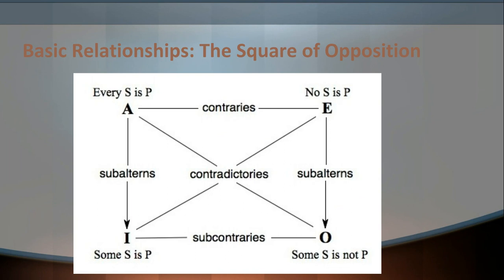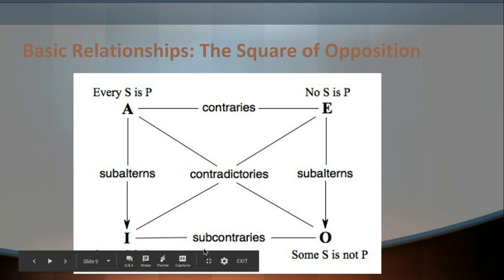Now, if we're dealing with dogs and mammals, it cannot be the case that some dogs are mammals and some dogs are not mammals are both false, but they could both be true. Or again, if we deal with red and not red, or something like that. Generally, the kinds of properties we're dealing with here,